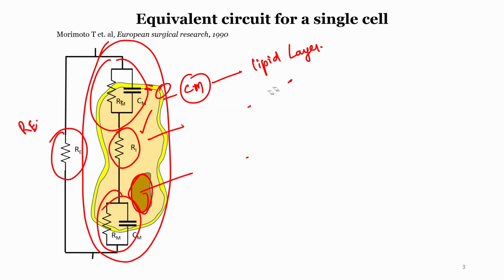Now, you have understood, right? Then you are obviously asking why have we drawn the nucleus? It is not even participating in it. One thing is sense of completeness. Without the nucleus, the cell itself does not have any purpose in existence, because the whole genetic material is inside, right? But for our electrical modeling, it is not contributing. But there are conditions like in cancer and other diseases. What happens is the nucleus becomes extremely large and also becomes multinucleated, or more than one nucleus comes in conditions of disease.